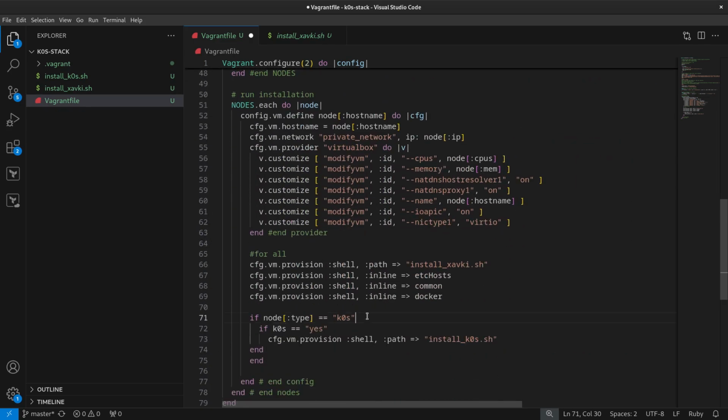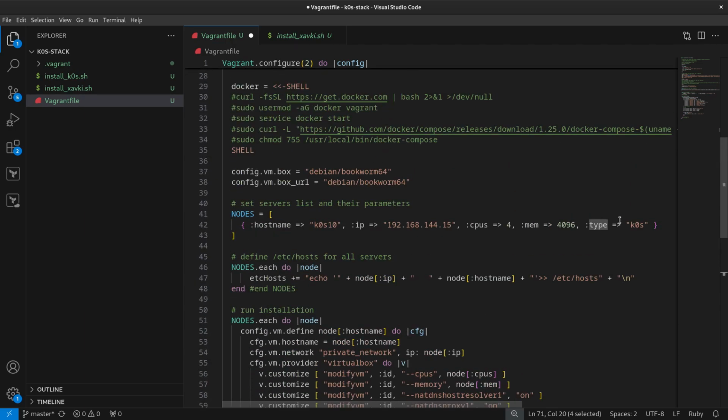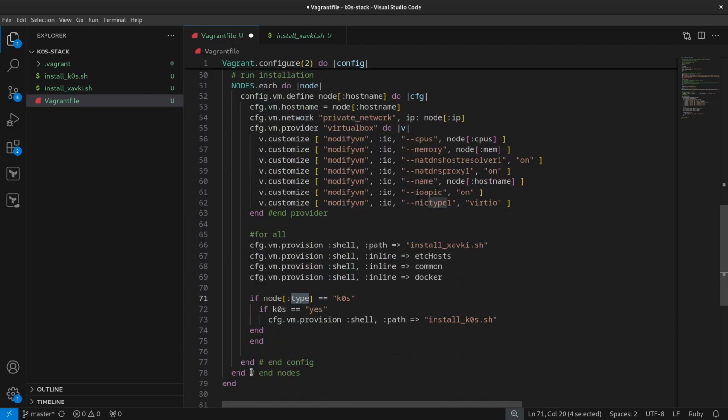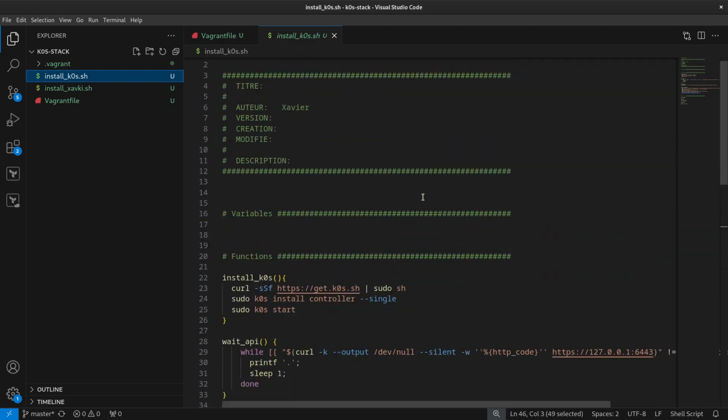So we just say if we have a node with the type k0s, so all nodes here have k0s, and if the k0s variable is set to yes, we want to run a provisioning shell with the pass mode and install k0s.sh. So now we close all things here, and after that we need to install, of course, k0s.